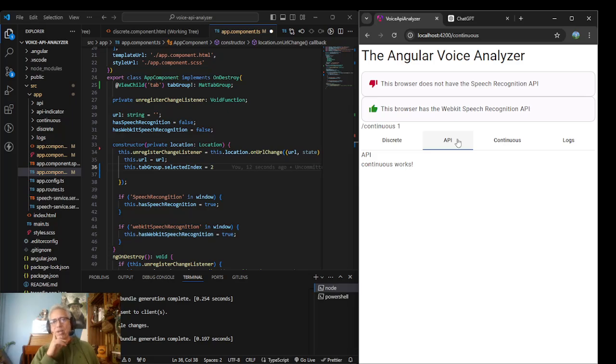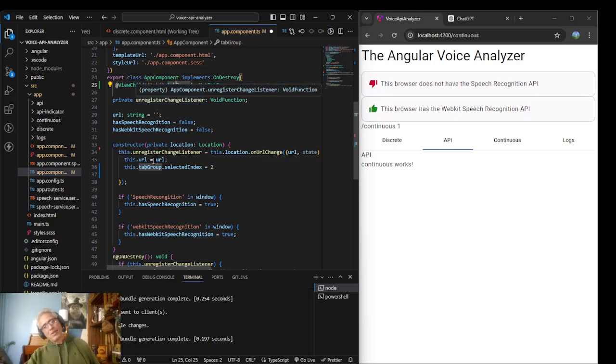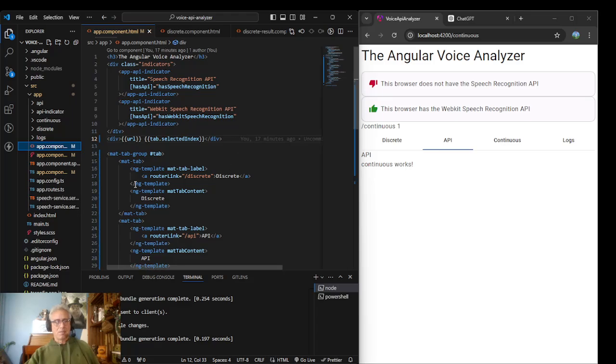I think what I end up doing is, now that we have this thing set up, this template reference variable, we can subscribe to events on it, and whenever we subscribe to the event, then we're going to set the URL, and then what I've normally ended up doing is disabling this router link